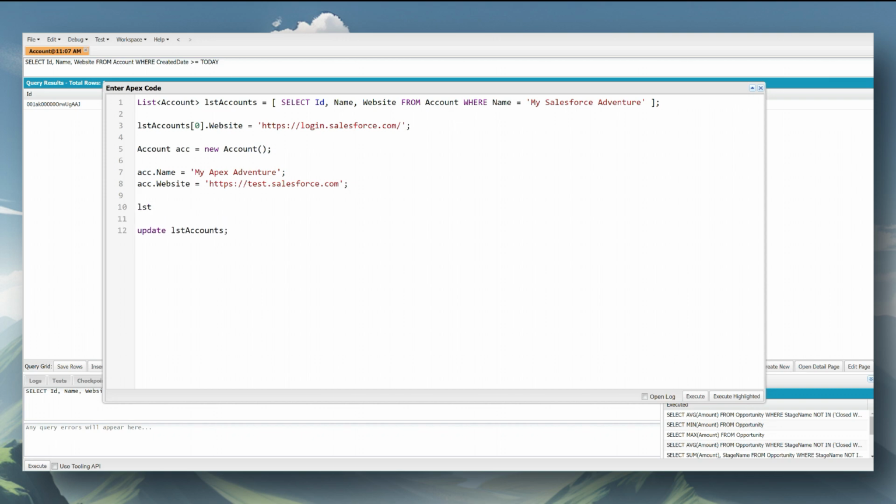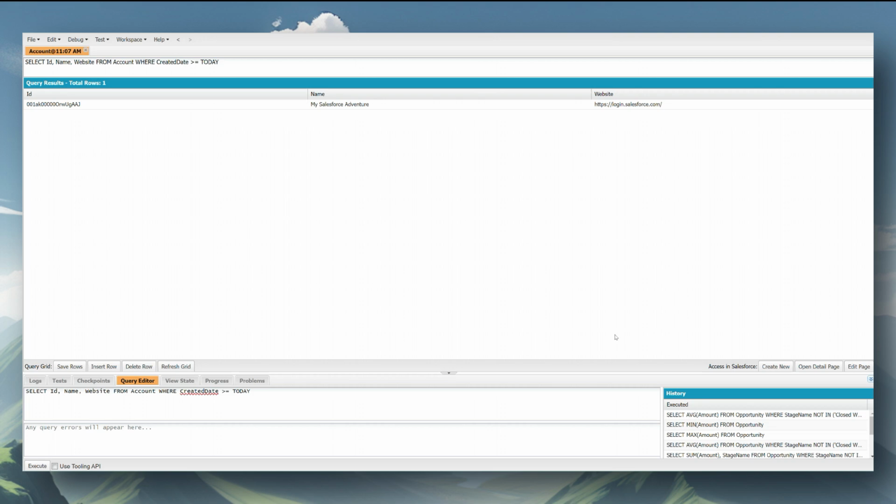We will then add this variable to the list variable LST accounts. And finally, instead of update, we will use the upsert keyword to perform the upsertion. Once we execute this snippet, we will click on the refresh button and see that now a new record is